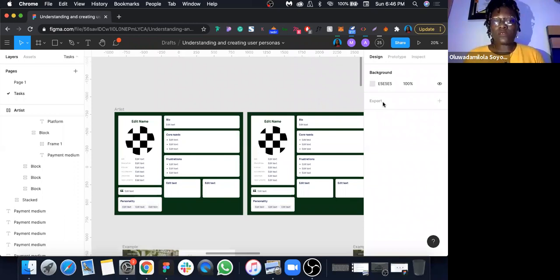As I said, creating a user persona is not really about what it looks like. You can even do it on a Google document or a Word document. The major thing is that it contains all of these key points I mentioned. But pick any of the templates and try to create a user persona for typical users or potential users of